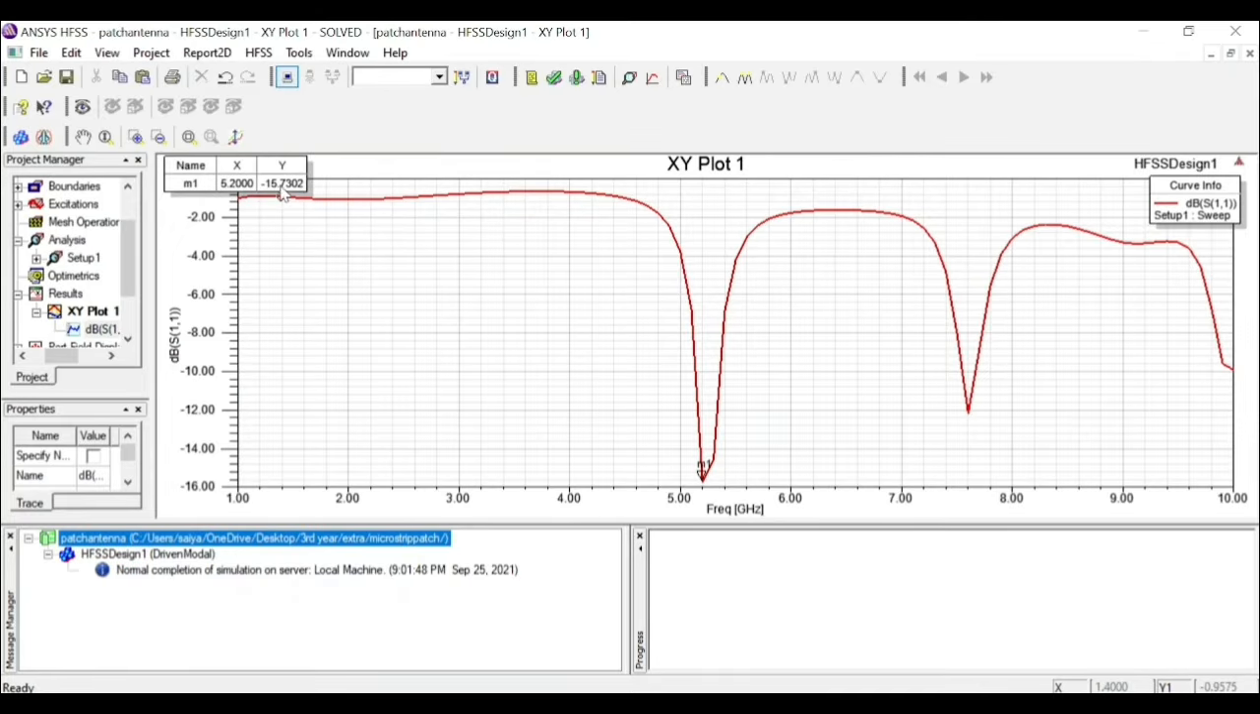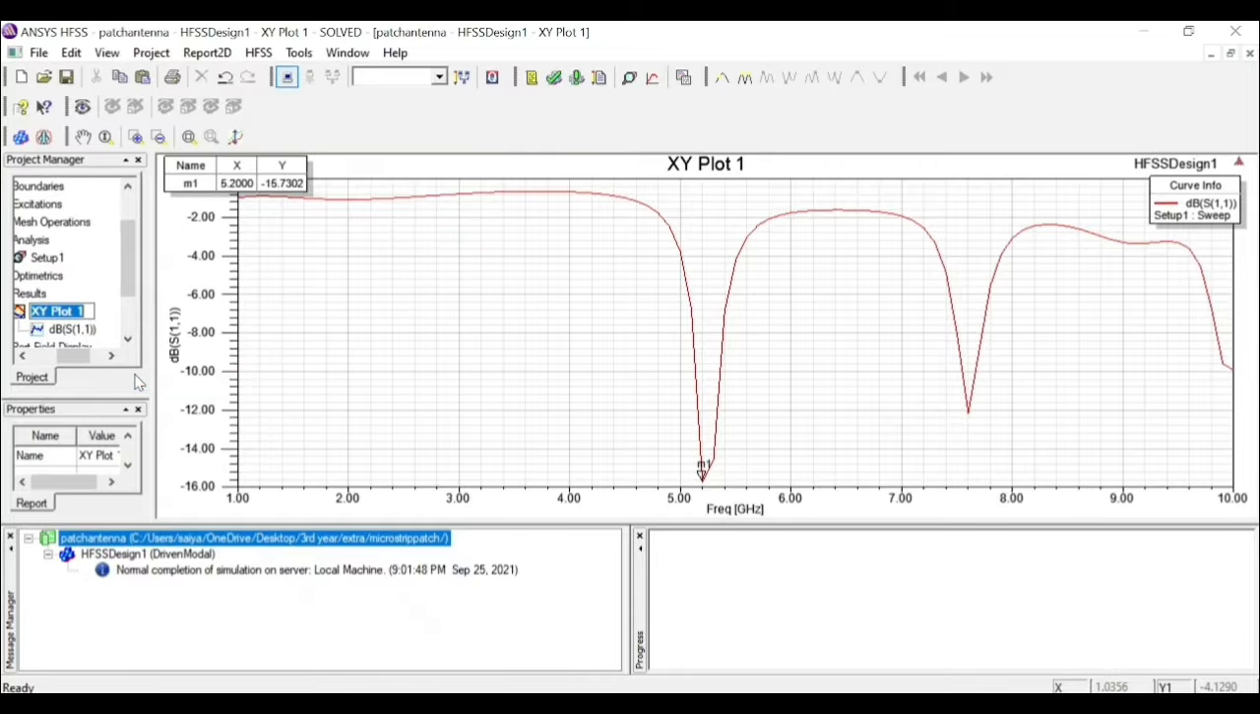I am having a return loss of minus 15.7302, which is a good thing because for any patch antenna, the return loss should be less than minus 10, which in this case it is satisfying. Now let me also plot that. Let me rename this as